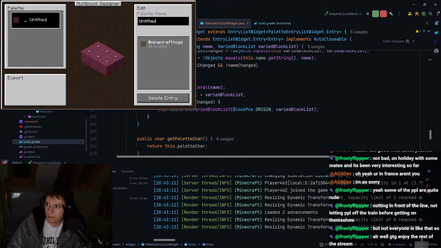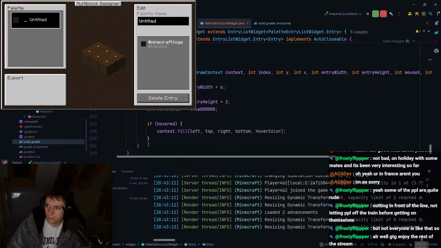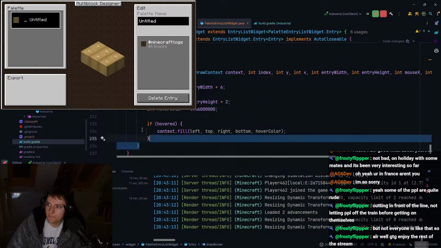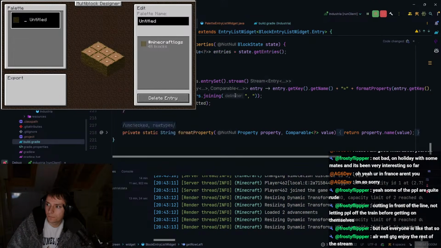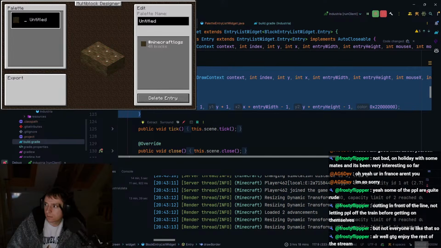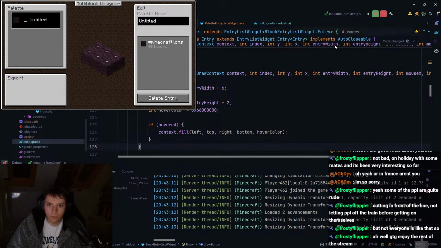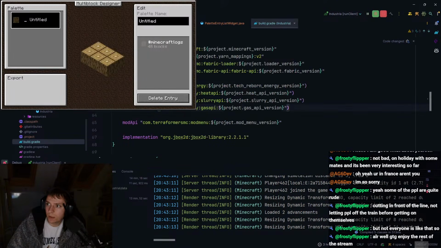Render, draw text, blah blah blah. Draw border. Oh, that's this part, right? Do I have that in here? In here? Yes, but it's different. Maybe let's make it not different. There we go. Okay, now the only problem is the height is wrong, which I assume I can just fix